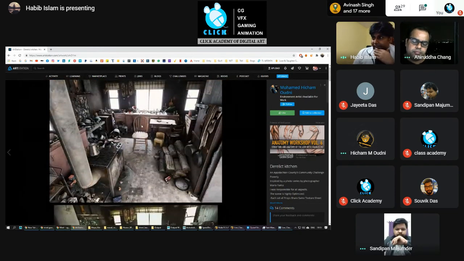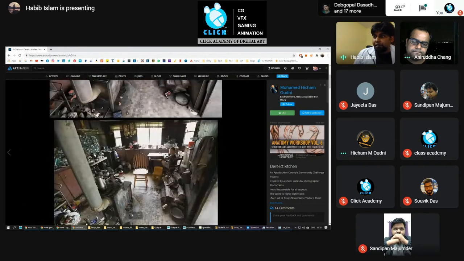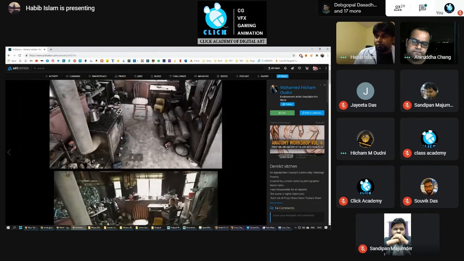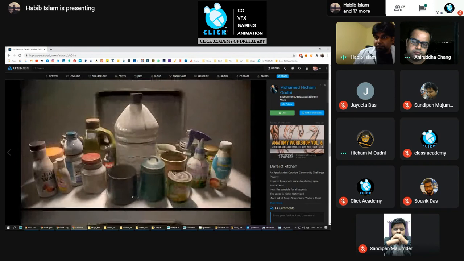So as I can see, there are a lot of elements, a lot of props. But the main thing I'd like to say is that the specular information is not there in your scene. If you check this close-up output, you can see all the small objects have specular information, but all the specular information is flat. There is no roughness information on any object. Suppose this is a different kind of plastic, this is a different kind of plastic, and this is tin, I think, right? So all these different kinds of objects have the same kind of specular. That is the main difference.